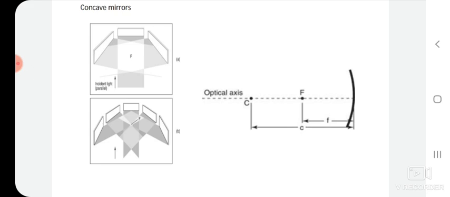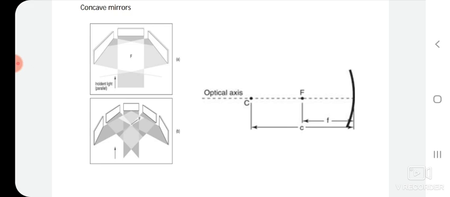In figure A, we are using 3 plane mirrors. Due to that, the converging region is large as compared to figure B, because in figure B we are increasing the number of plane mirrors. What is the reason behind that? If the number of plane mirrors increases, it causes a decrease in the converging region. Why? That we have to understand.